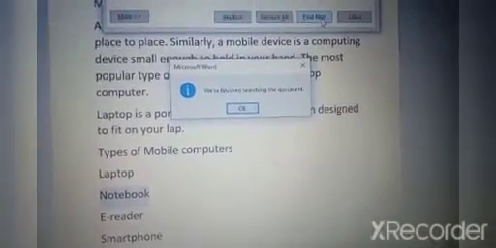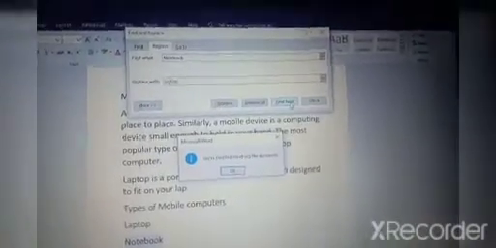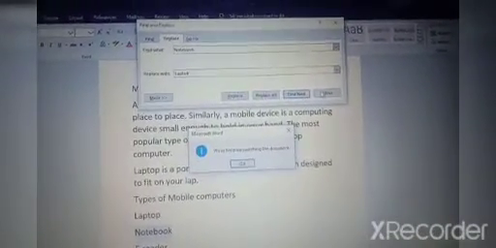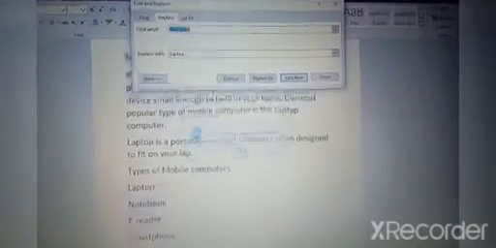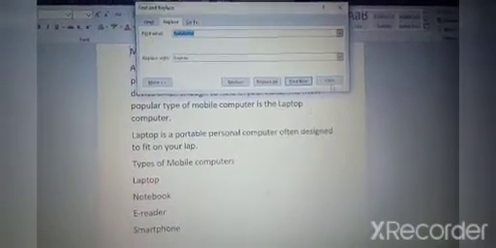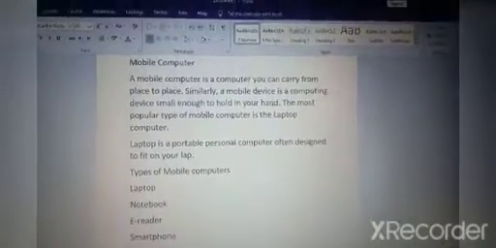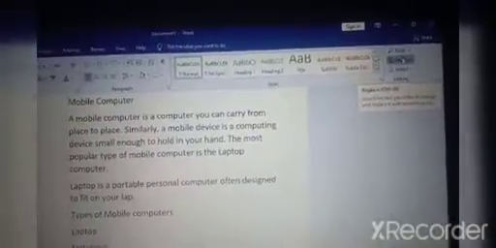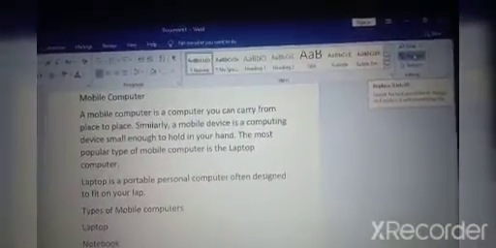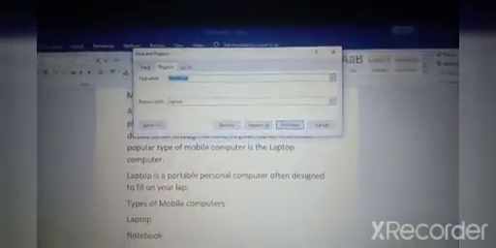Okay children, understood how to do this find and replace? Close this. It is very easy children. For the find and replace command, you just click on it and you will get this replace dialog box.